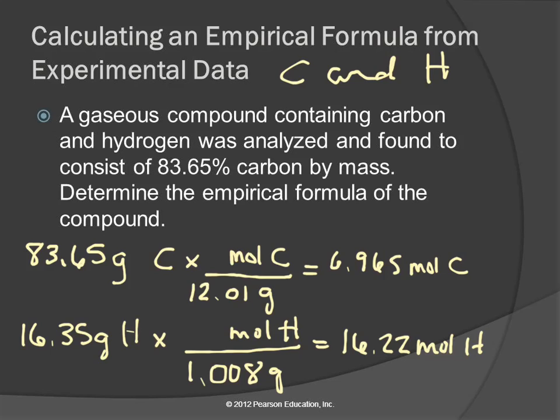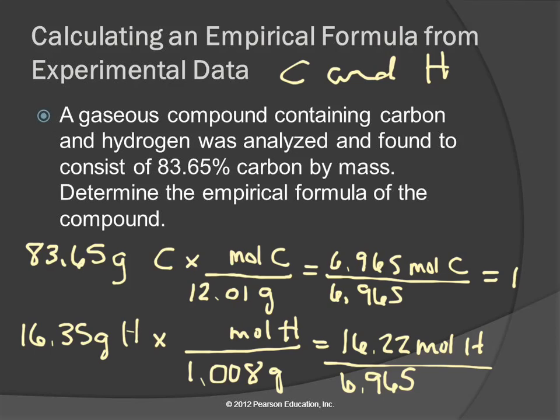So then your book tells you to use these numbers to make a pseudo formula. I just kind of skip that step. I'm looking at these two numbers, and I need the ratio. So I'm going to pick the smallest, which is 6.965, and I'm going to divide both of them by 6.965. Whatever we do to one of these numbers, we have to do to the other because we can't change this ratio. So the first one ends up being 1. You'll always get 1, exactly 1. And then 16.22 divided by